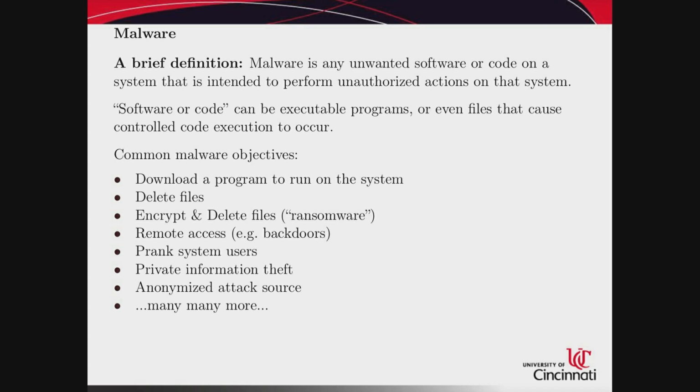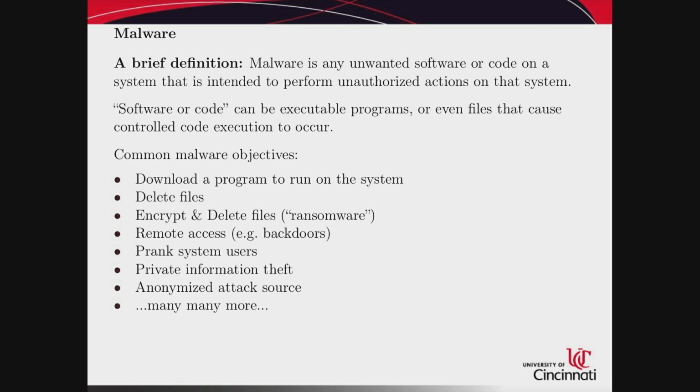So malware can be an exe file, if you're familiar with the Windows jargon, or it can even be a Microsoft Word document or something like that. So we're actually going to look into analyzing both of these types of artifacts, as well as a bunch of others in this class. We're not going to stick specifically to executable code. We'll also go into how document files, PDF files, things like that are used to cause those applications that are supposed to read them to behave improperly, and then also provide access, also known as exploits and things like that.